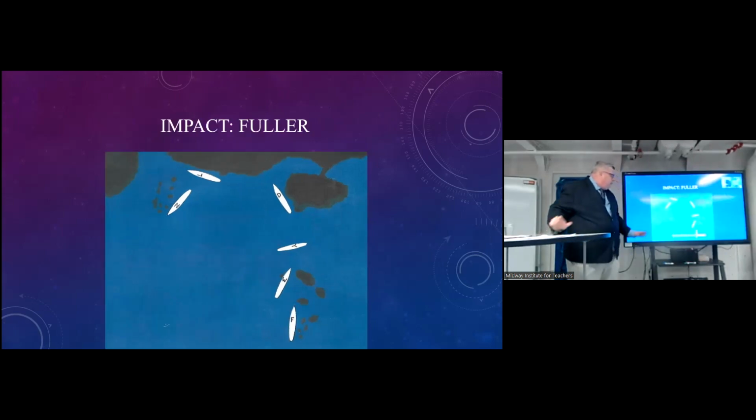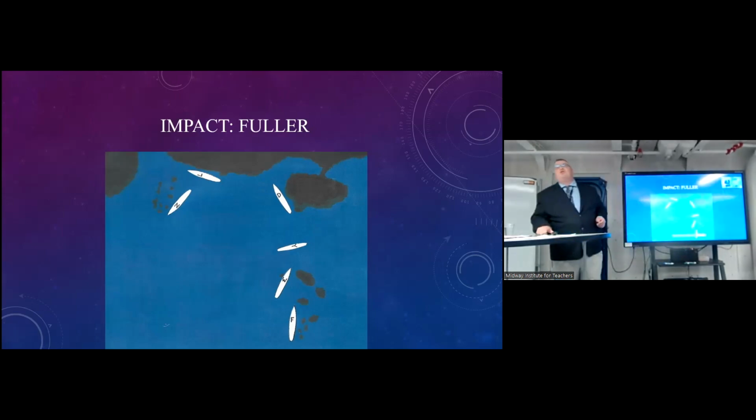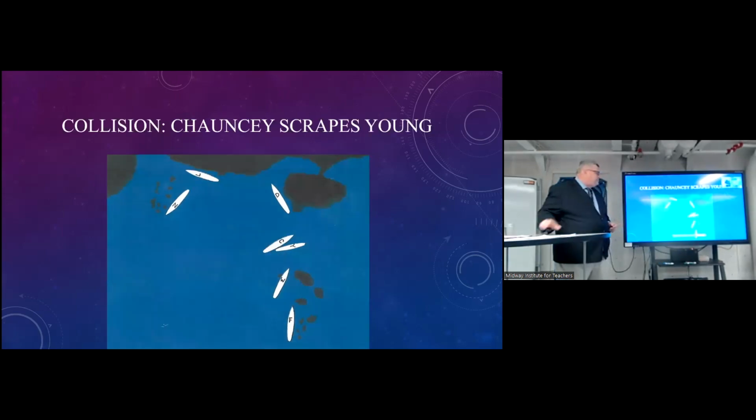So what about the Fuller? So after bouncing off the Farragut, she's taking on water. The seas now take over and shove her bodily sideways right into the rocks, literally a couple of steps abaft the Woodbury, who's already on the rocks. And then finally,